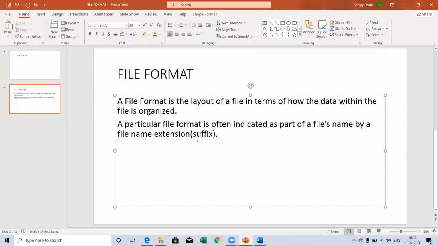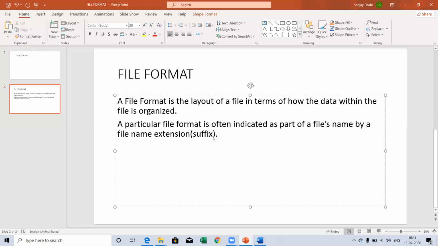If your class 6 file is prepared in PowerPoint, then it will have the extension .pptx. In this way, your file name gives the identification of which type of file you created, whether in Microsoft Word, Excel or PowerPoint, and in which application you created your file.